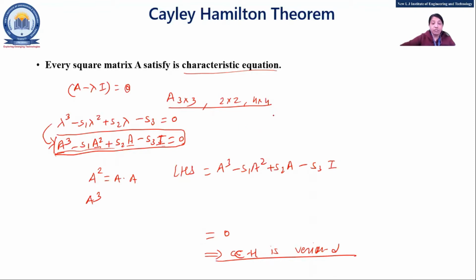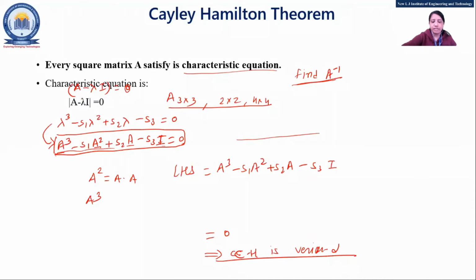Once it will be asked in this way. Second, it will be asked what? Find out the A inverse using Cayley-Hamilton. So how will you find out the A inverse? That we will also see, right? So mostly in these two ways. And third one is some equation is given, that we will also see and solve. So three types of examples can be asked in an exam on the Cayley-Hamilton theorem.